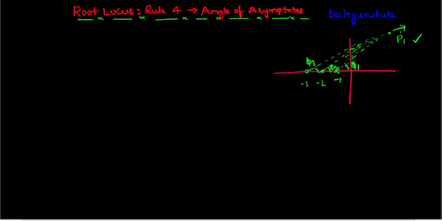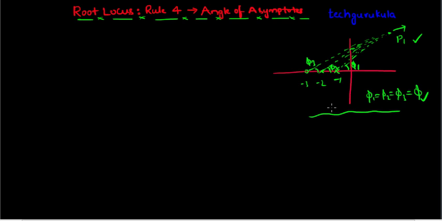And now if it is going far away, then for sure phi 1, phi 2, phi 3 are going to be nearly equal. And suppose this P1 is tending to infinity, then all these angles will be approximately equal: phi 1 equals phi 2 equals phi 3 equals, let's take a value, phi. This is the basis on which we will build, or prove, the angle of